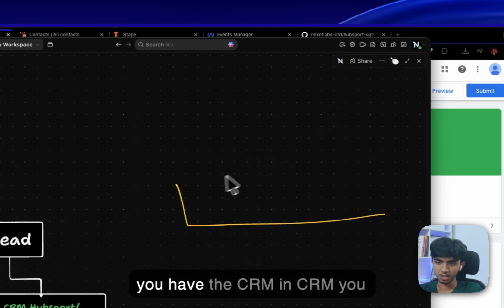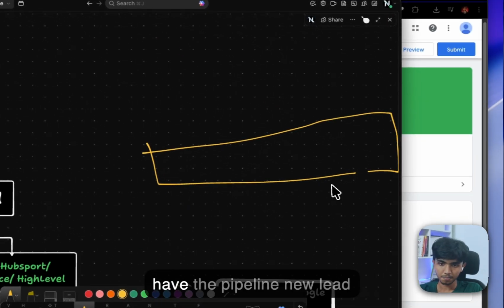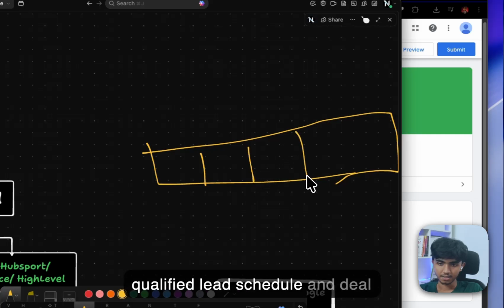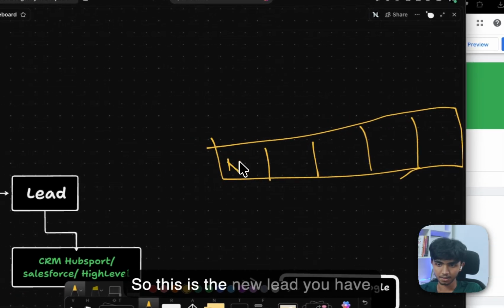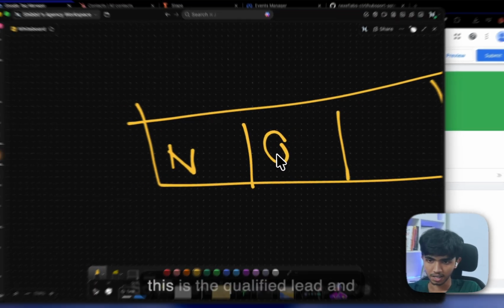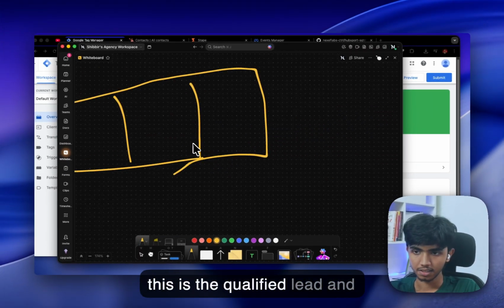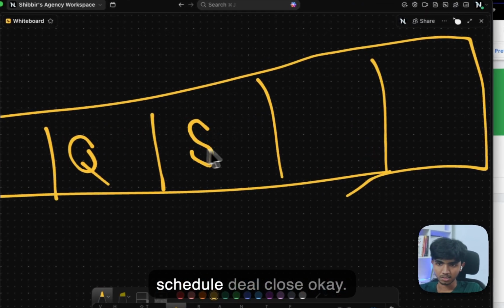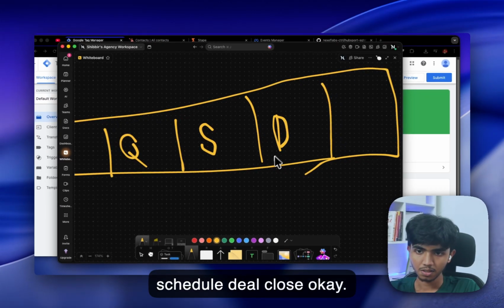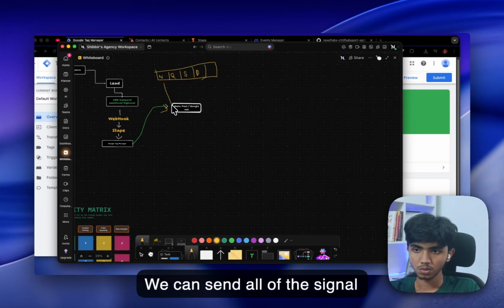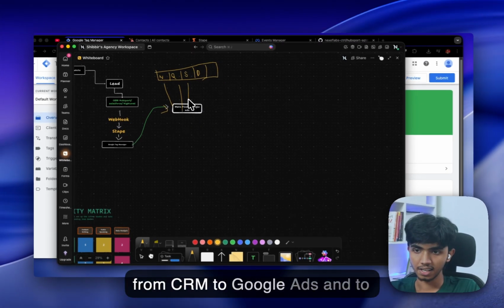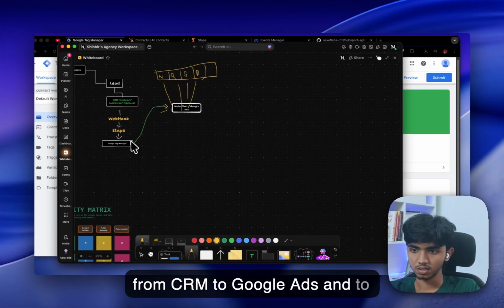In the CRM you have the pipeline: new lead, qualified lead, schedule, and deal close. We can send all of these signals from the CRM to Google Ads and Meta Ads